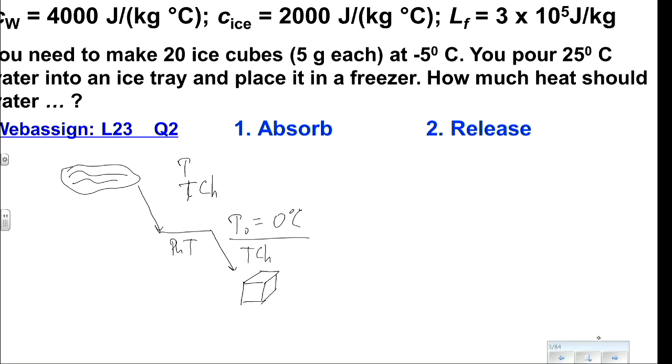The freezer takes heat. And by doing that, what does it do? Well, molecules move slower and slower. Eventually, they get closer and closer. That's when phase transition is happening. And eventually, it becomes a solid piece of ice. That's it. But so we can call it process 1, process 2, process 3, and here for each process